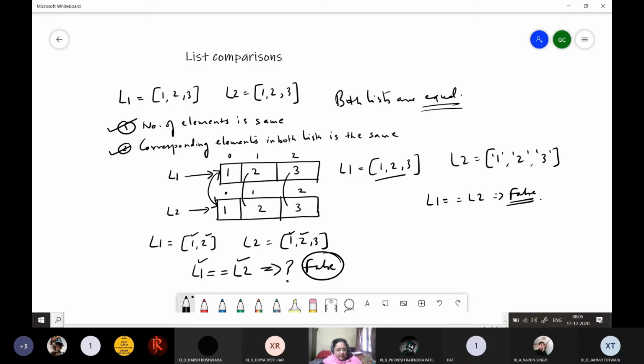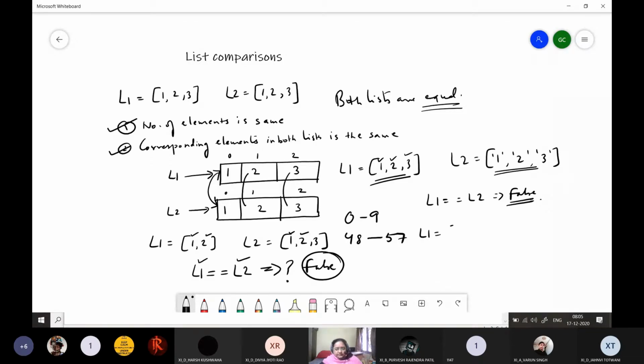Because these are numeric values and internally these characters have some other numeric values, because we know that digits 0 to 9 have ASCII values starting from 48 to 57. So that is why this will be 49, 50 and 51, whereas these values are 1, 2 and 3. So internally the values are different.